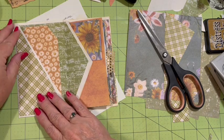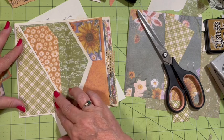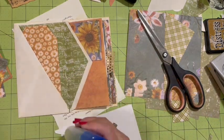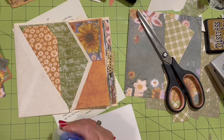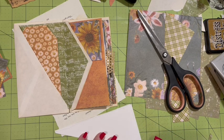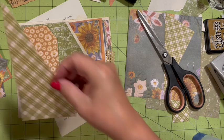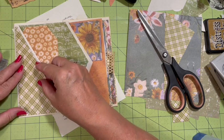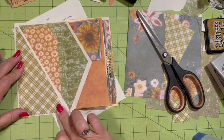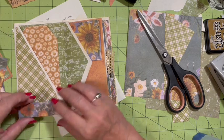Okay, and that can go like that. I like that. Okay, so that's going to be another tuck space that we'll have. Okay, so 2 envelopes, and it looks like we're using the 10 papers. So you're going to probably want paper that is thinner, and it doesn't need to be double-sided, which is nice,